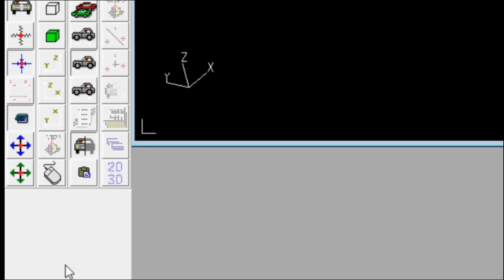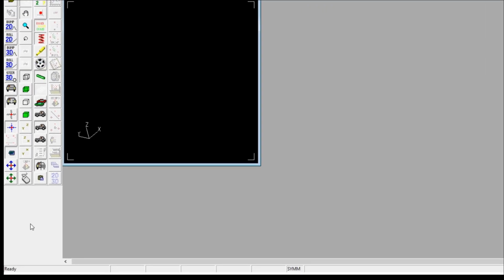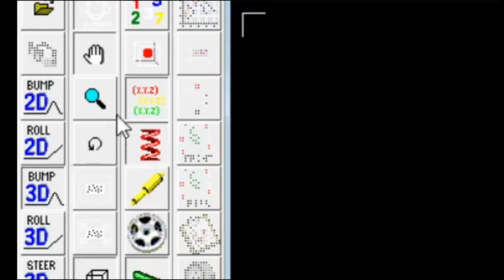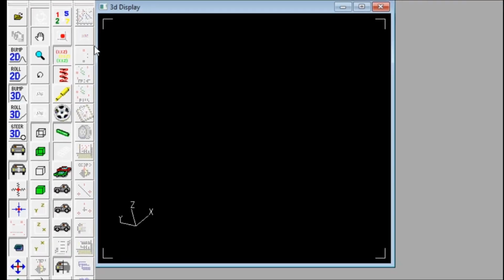And this option is an extremely useful option, and it is called toggle tracking setting. In the wishbone structures of the suspension, we need to move a little to adjust the ground clearance and the position of the wishbone, and this is done by using the toggle tracking. These are the basic tools, and this is the tool for zooming out, this is a tool for rotating it, and this is the tool for moving it.